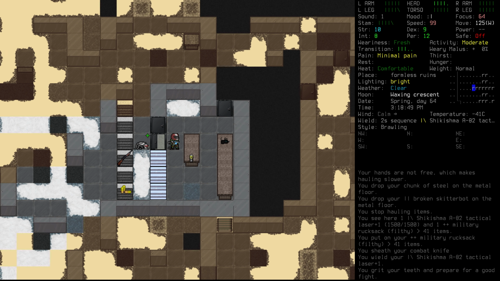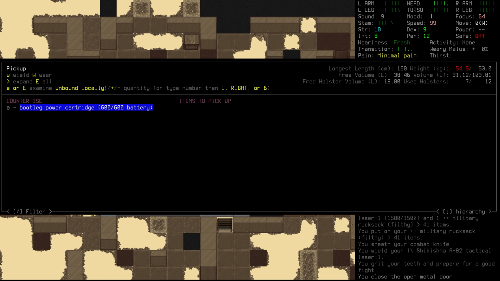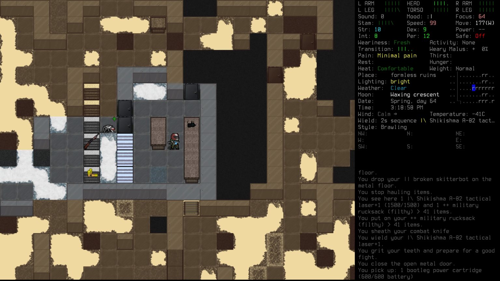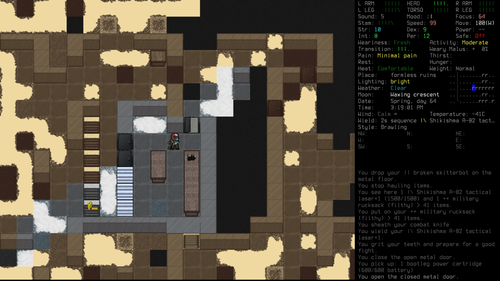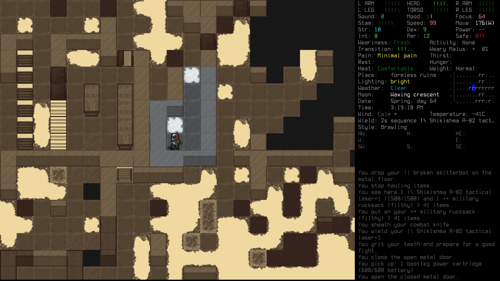Okay, we've got 2 rifles now. And I think the ammunition that we had at the start, yeah, it is 7.5. Neat. Okay, so we can use that with the other traditional rifle. But we're finding so many power cartridges at the moment that I think we're probably going to be able to try and use those. Speaking of,